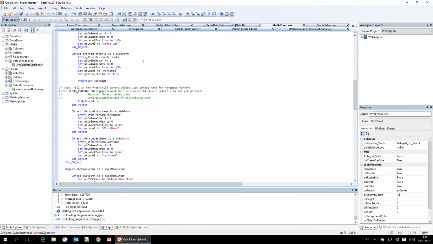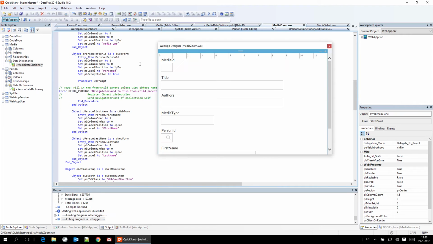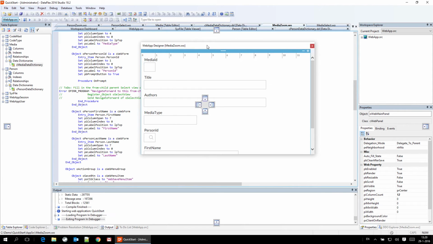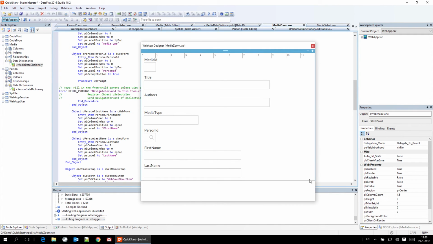If you want to reorganize the screen, you can either click on this button here to toggle between the code editor and the design views, or as it shows in the tooltip, you can also press the F7 key. So when I press the F7 key on my keyboard, it brings up this media screen. And you can see this is a kind of what-you-see-is-what-you-get screen designer, where you